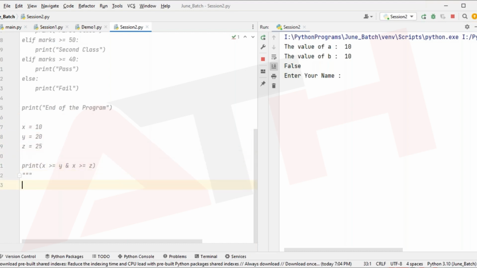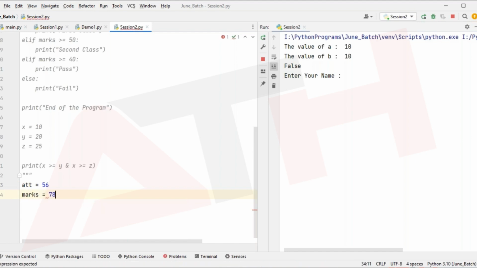I want to declare a student as pass based on two criteria: his attendance should be above 75% and his marks should be above 40. Only then I say he has passed. If not, he has not passed. So let me have an attendance variable equal to 56. I'll say marks is equal to something like good marks. Now I'll say if